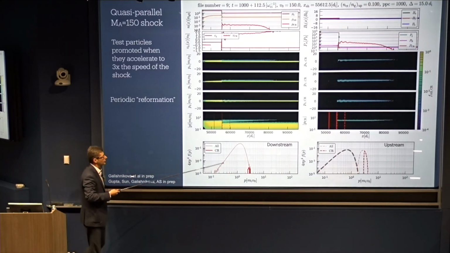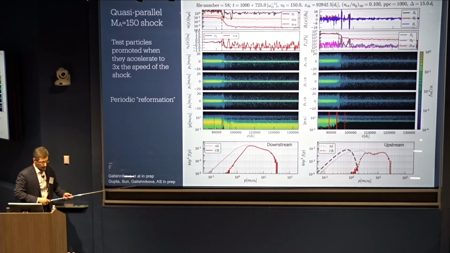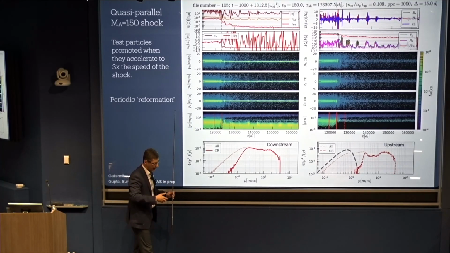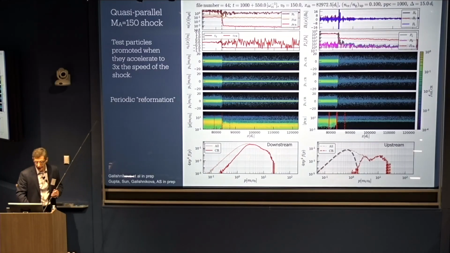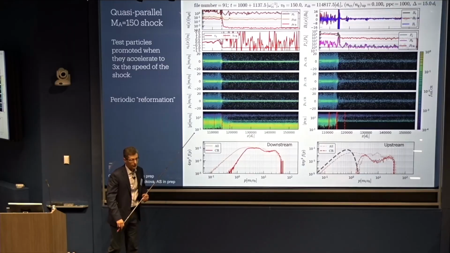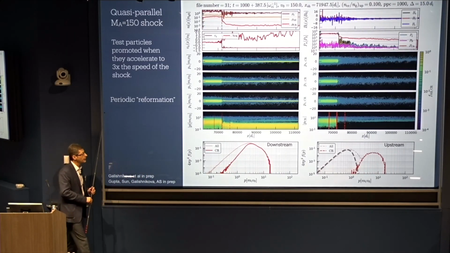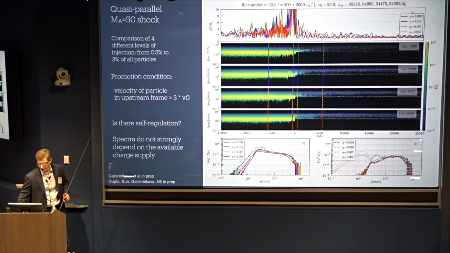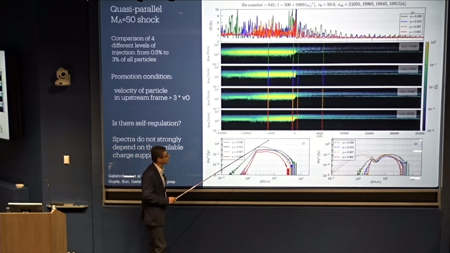The way we control it is we basically say that if we assign some weight to these particles, so if, let's say, all of them get promoted, some fraction of the mass will go into the cosmic rays. And what's interesting is that as we change this fraction, as we change the theoretical maximum amount of mass we can put into these cosmic rays, the shock actually doesn't care. It seems to find a solution where it doesn't care how many particles we give it.